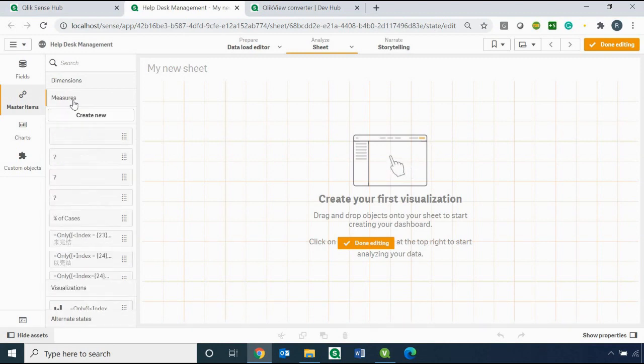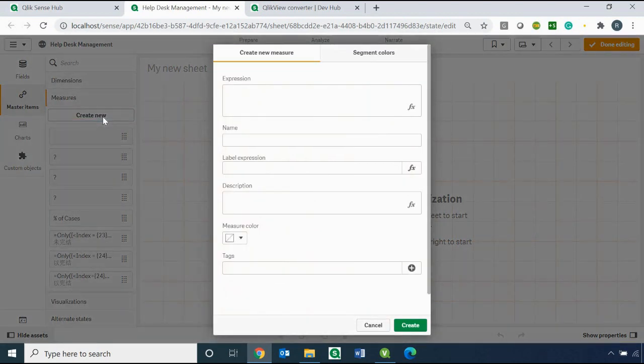So I'll go to the measure and say create new, paste the expression. These are my high priority cases, and because this app uses different languages, we have a different expression for the label.